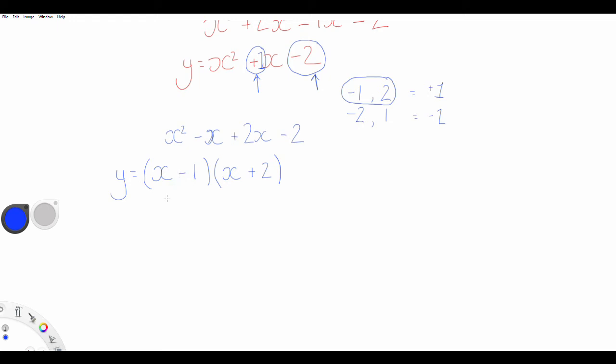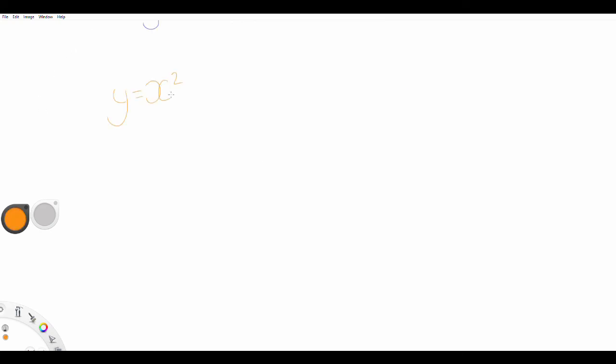So let's have a look at another example. Y equals x squared minus x minus 12. And we want to do the same thing. We want to get it into two brackets in the same form of x plus a number and x plus a number. Now that might be minus a number, but just in a general form. So again, we're going to look at